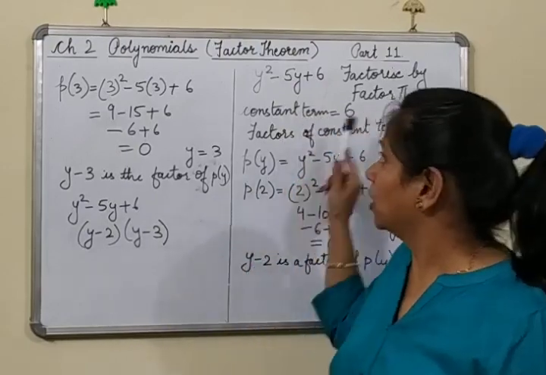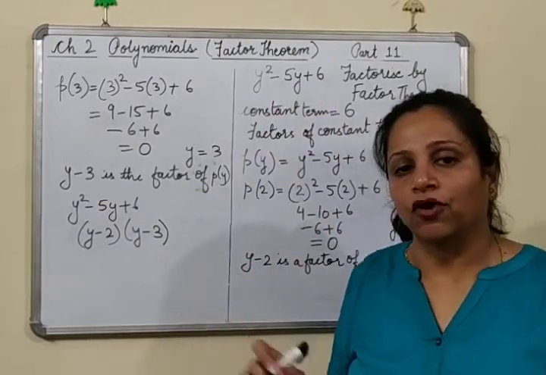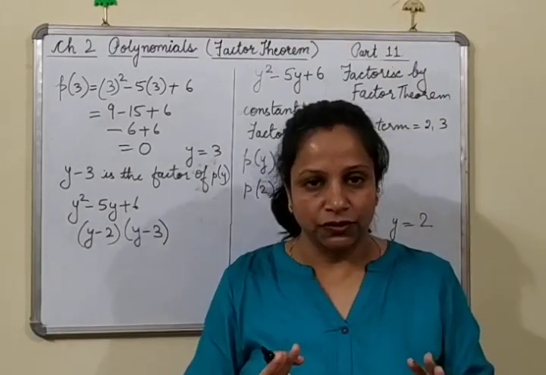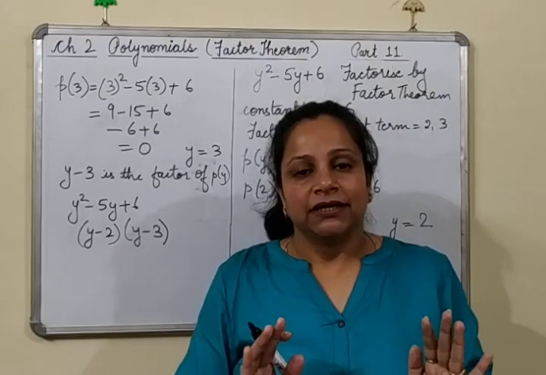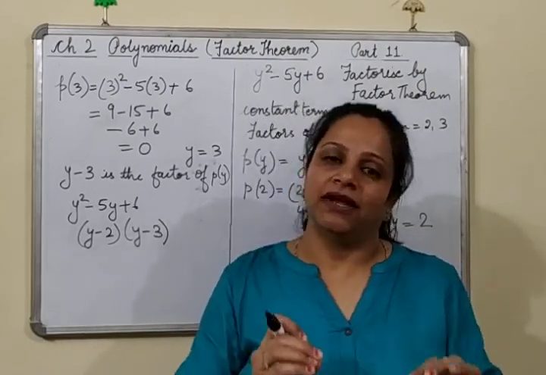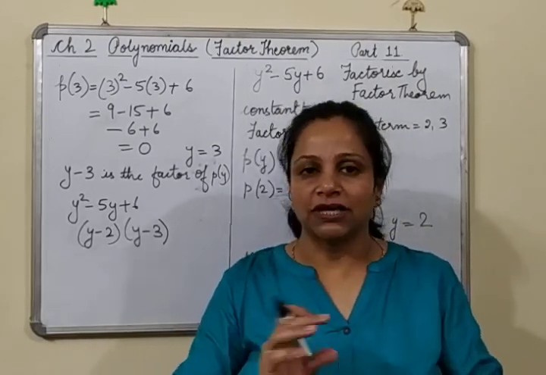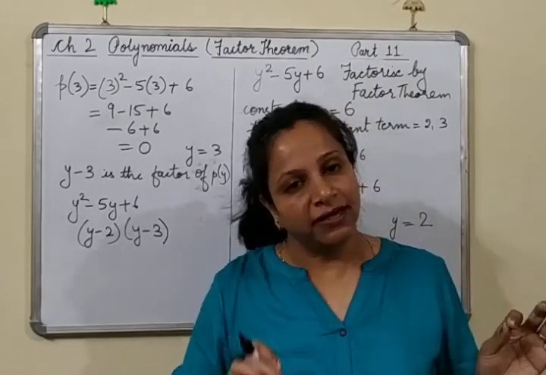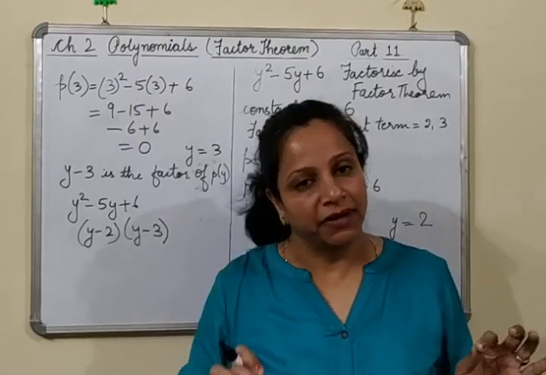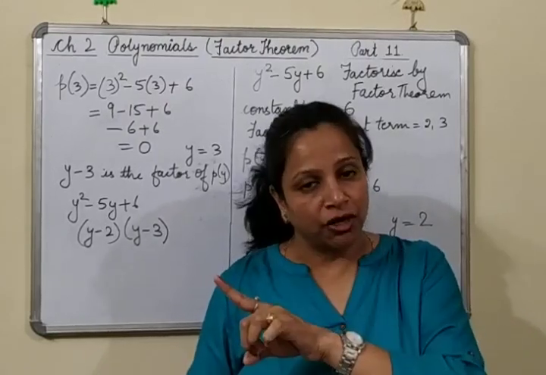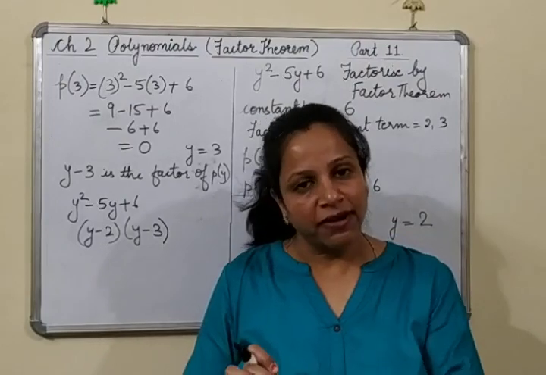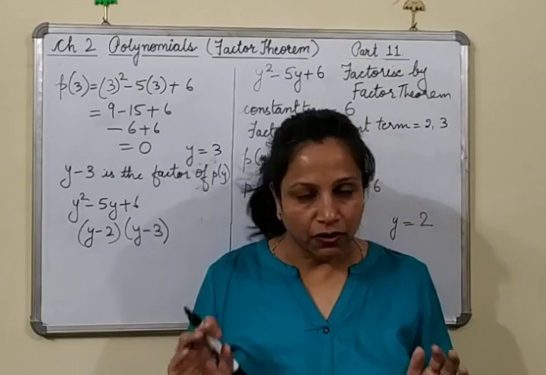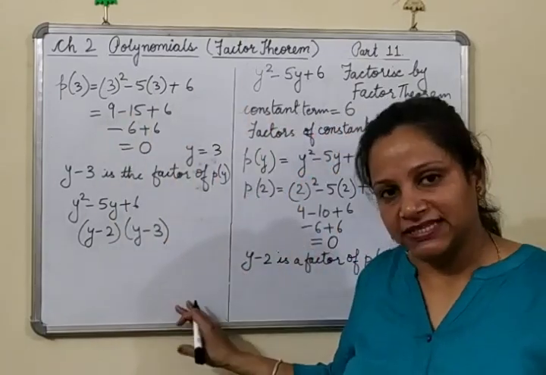So this is all about factor theorem. I hope now what is factor theorem, what is remainder theorem, is clear to you. Need not get confused between remainder theorem and factor theorem. Both are interlinked. Again and again I am saying, in remainder theorem you have to find the remainder, and in factor theorem you have to just check if the remainder is 0, then you say the given polynomial is the factor. Okay? And by these examples, I hope it is clear.